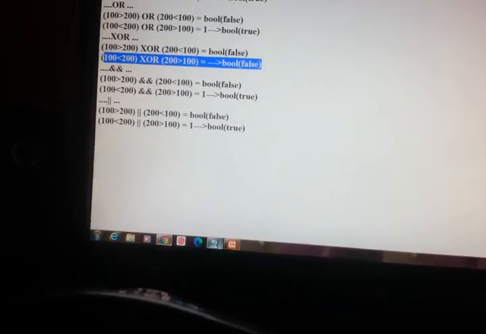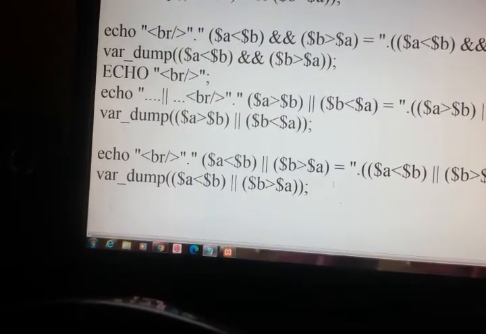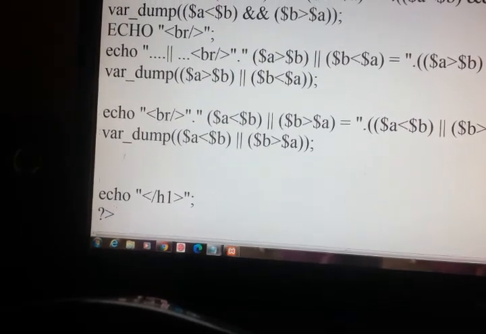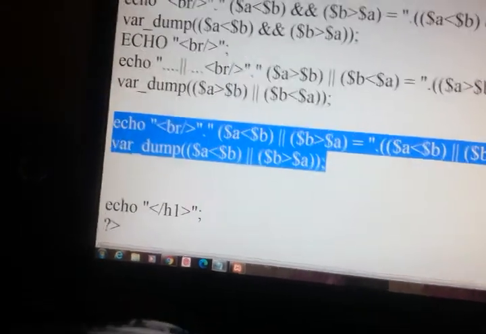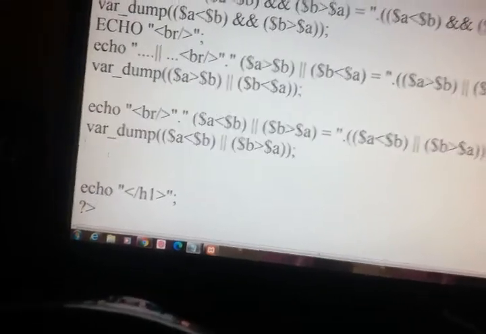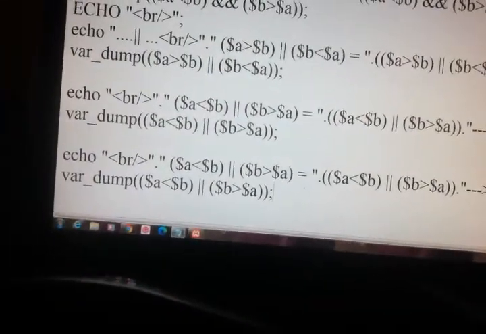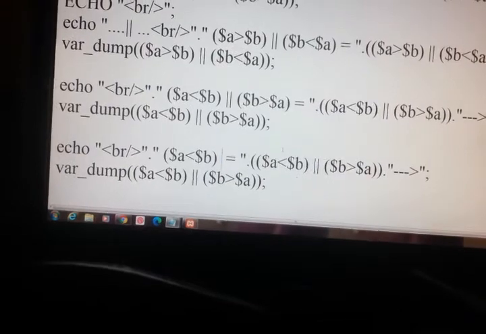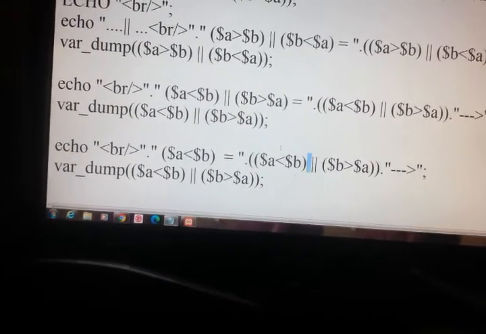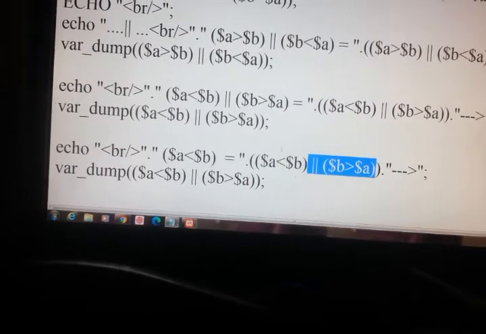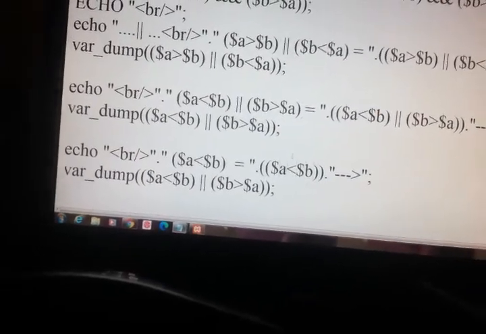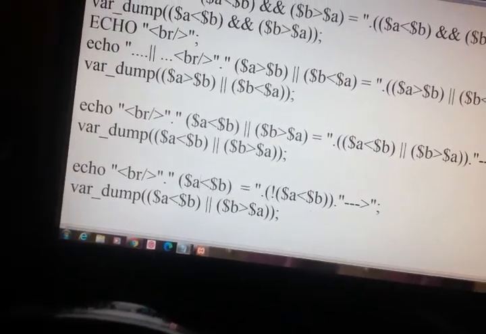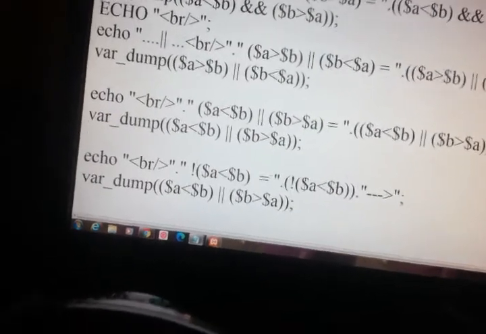Now the last operator is the not operator. Just copy paste. For not, multiple of this is not required. Here I'll just simply write not.